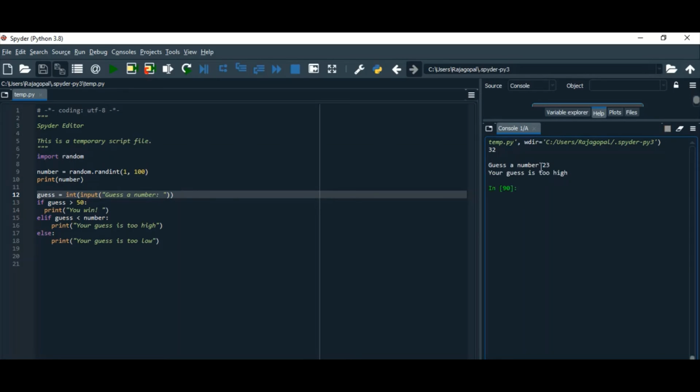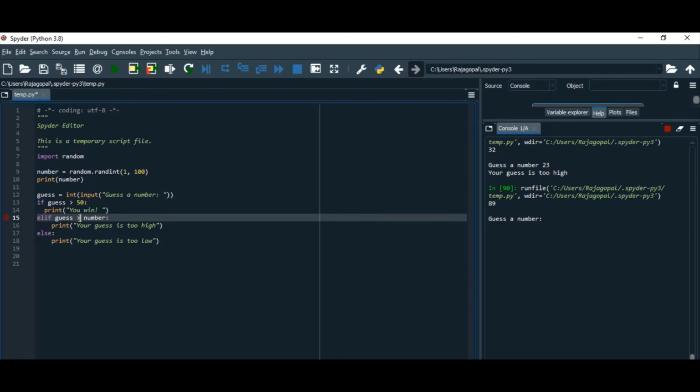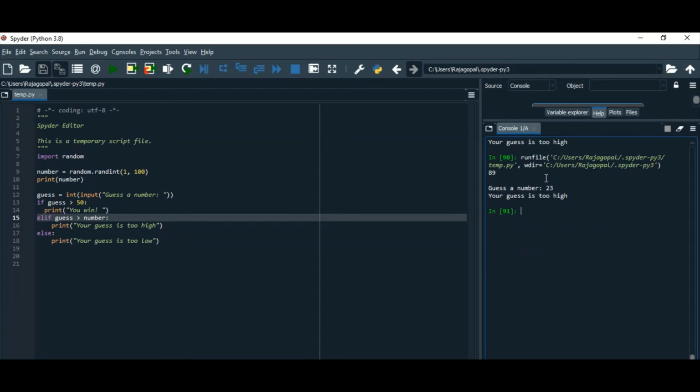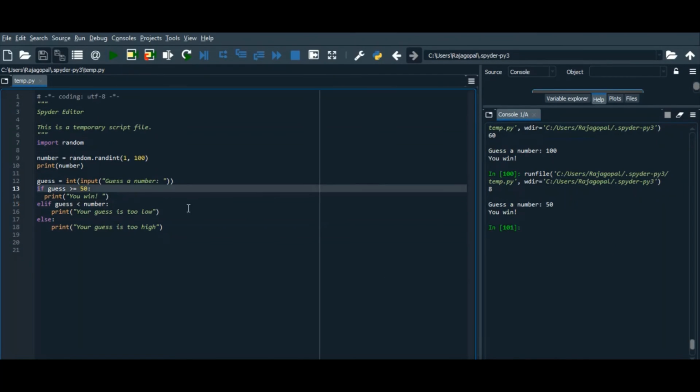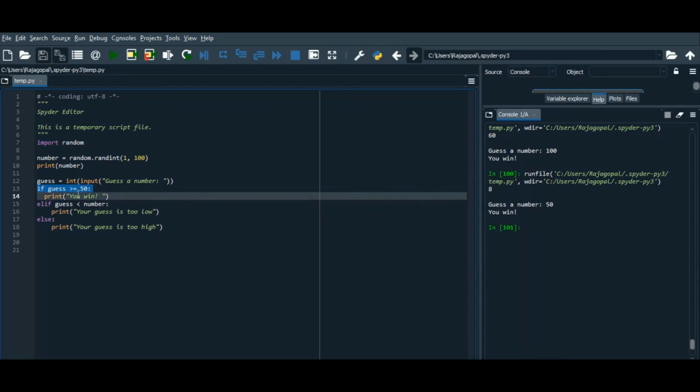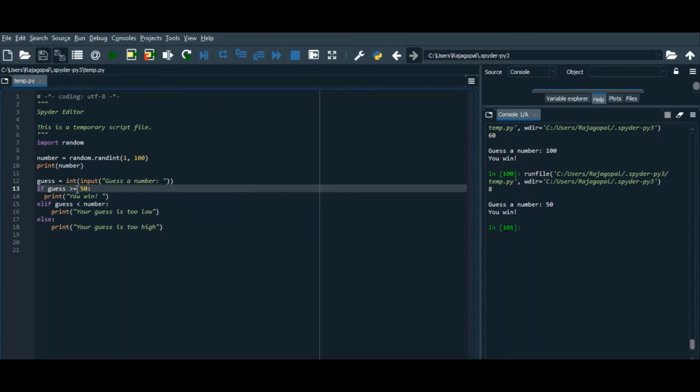Guess, the culprit. So guess is too high. Here we have again kept another operator. Here I am going to initialize greater than or equal to 50, then we win.